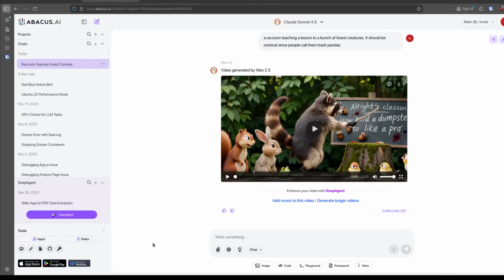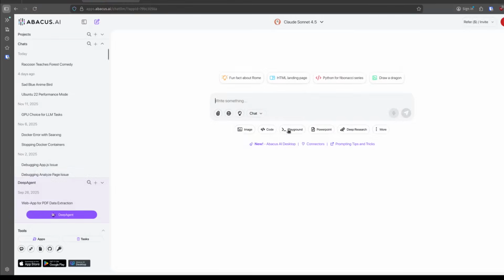The other piece that I can't really speak to is their new desktop software. Let me go back here. I think it advertises it. Yeah, so they have this new Abacus AI desktop. This has a bunch of different features. You can read about it on their website. I don't use it because I don't like downloading extra software onto my computer. It's just personal preference. I would rather interact with this through a web interface. And personally, I don't want to use any of the models that can control browsers and things like that. I just don't have any interest in that. It's not really what I'm using LLMs for.